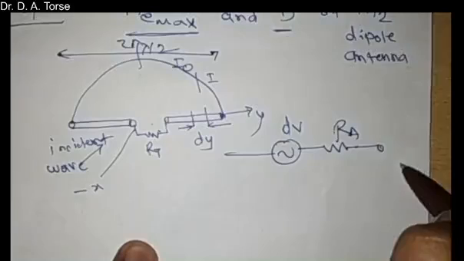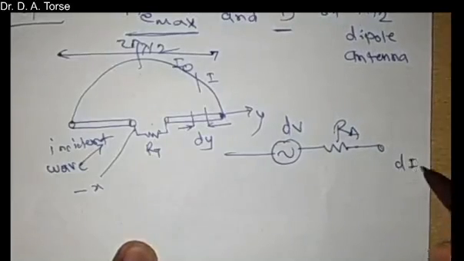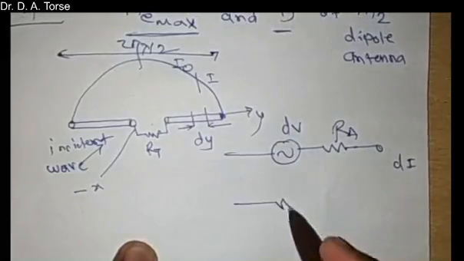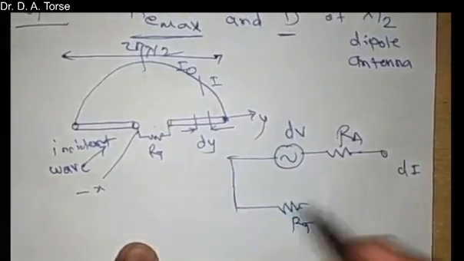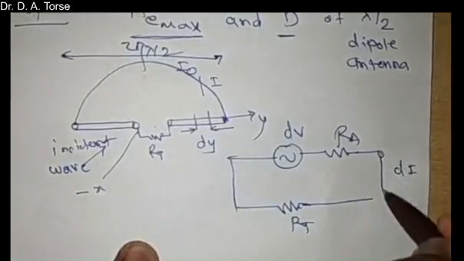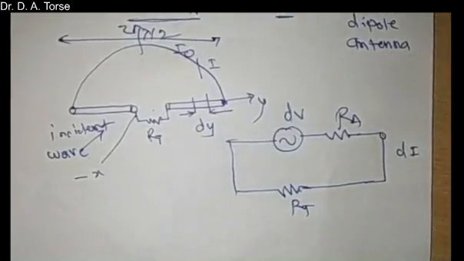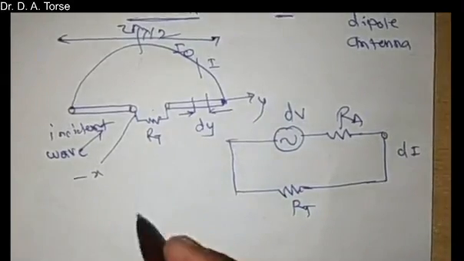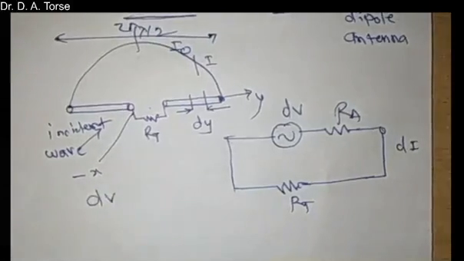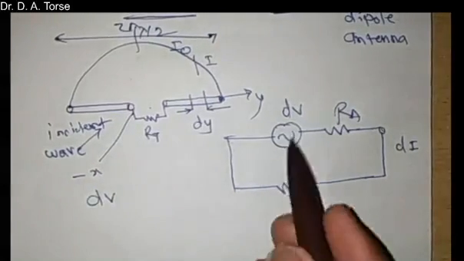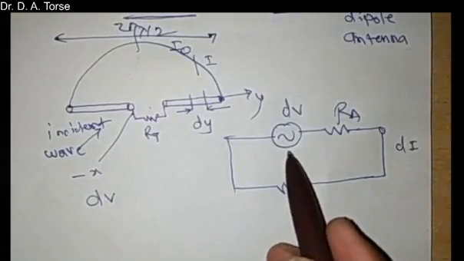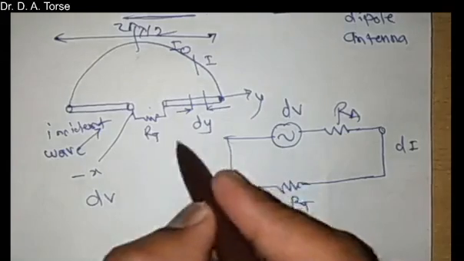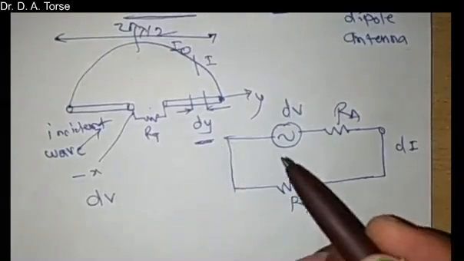It is producing a differential current di, and the terminal resistance of the antenna is RT. So this is an equivalent representation of an antenna as a Thevenin generator. The infinitesimally small voltage dV of this generator,